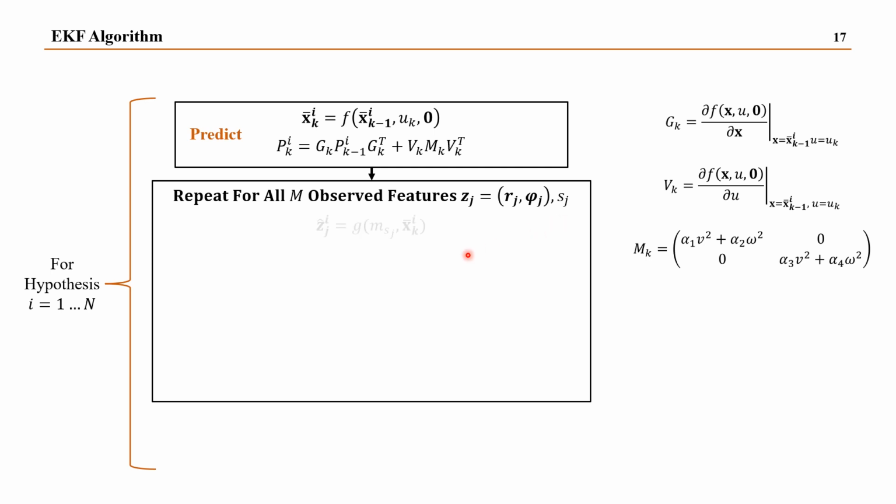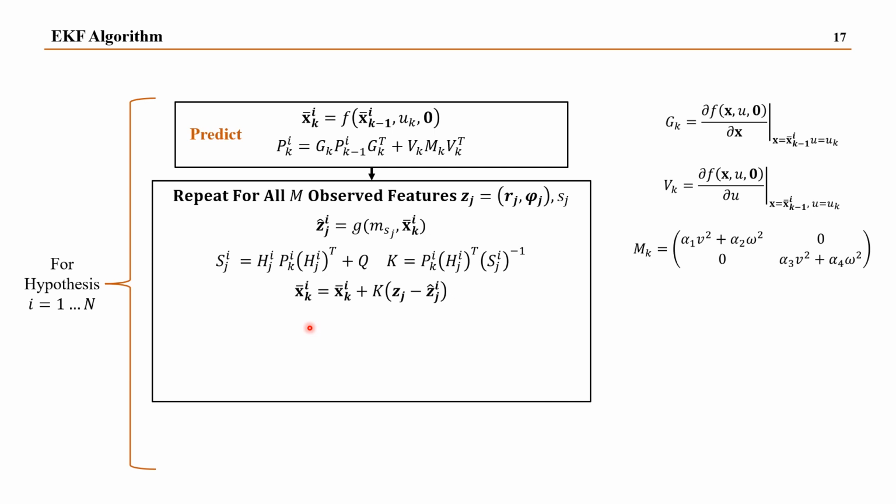So now, what we do is that we first compute the predicted measurement for hypothesis i. We are going to use the function h, and it's going to take the landmark s_g, because as we said, we have the corresponding index of the landmark, and it's going to take the predicted state. We then compute the classical S and K matrices of the Kalman filter,